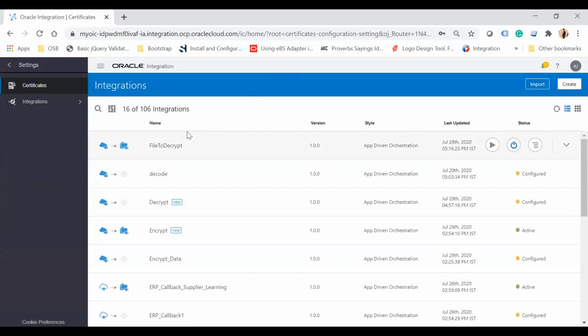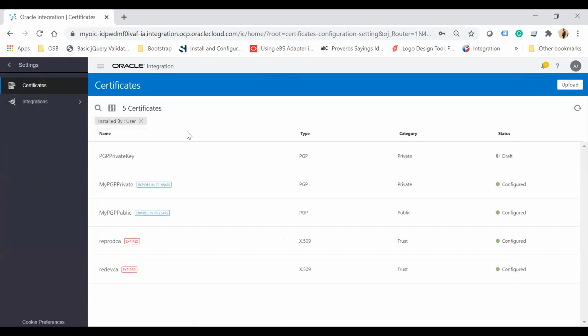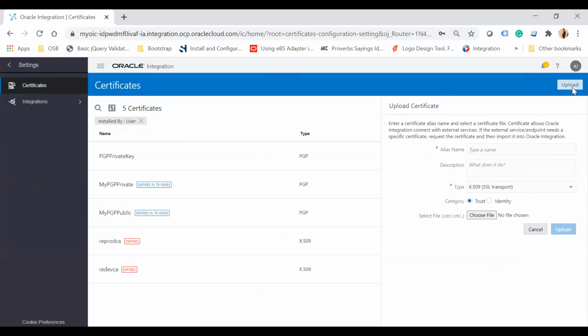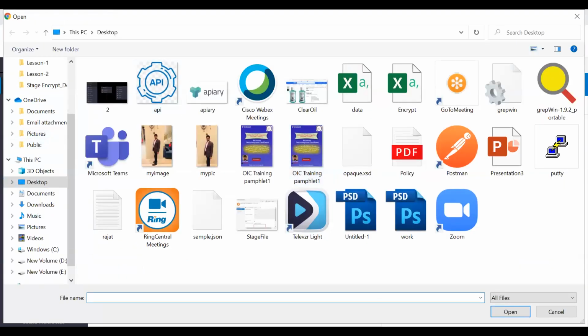So certificate is the main centralized place from where you can manage all the keys. Now click on this upload button, and using this upload button, a little screen will open from where you can select which type of certificate you would like to upload. So here I have PGP encryption decryption like this, and here you have the option to upload private and then public. So the public key will be used to encrypt the content. Choose file. So here I will choose my